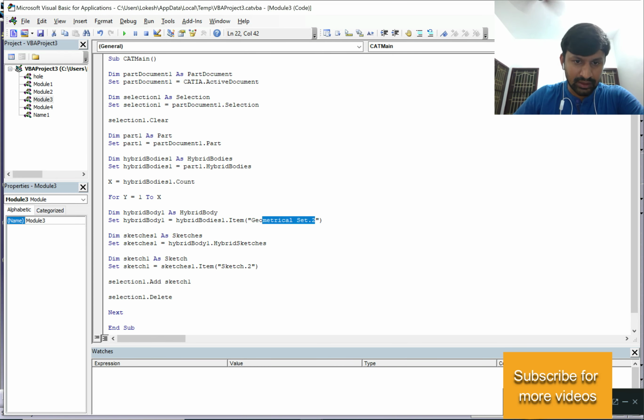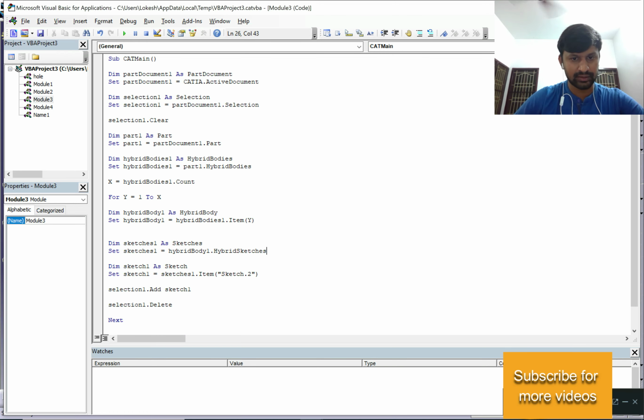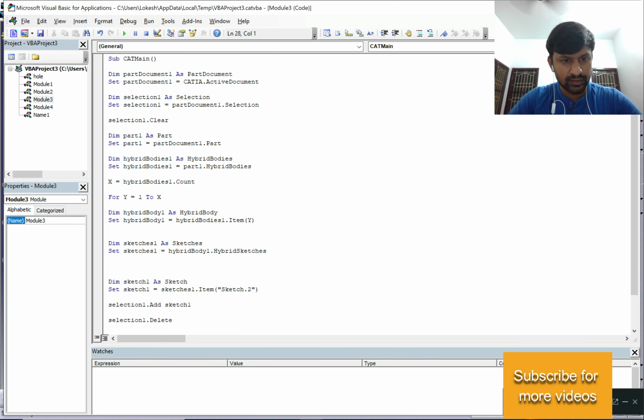Here I'm going to modify something. What I'm going to modify is this one. I'm going to give y, it should not be in double quotation because it is an integer. Just y. Now what I'm going to do is dim sketch 1 as sketch. It is there. So I'm going to define it and calculate the sketch count.